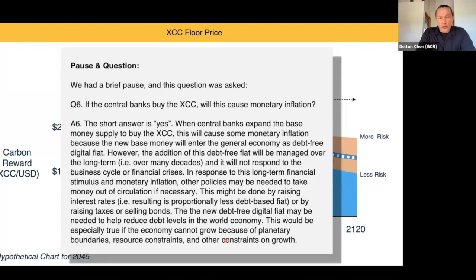Question 6. If the central banks buy the carbon currency, will this cause monetary inflation? So yes, I've covered this already, but just to reiterate, yes, it will create monetary inflation. However, the idea is that by attracting the private sector to buy the carbon currency as an investment, that will actually avoid the monetary inflation. This idea that the private sector can trade, invest in the carbon currency is vitally important,